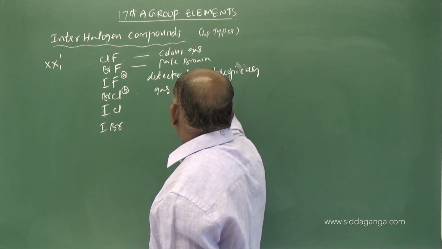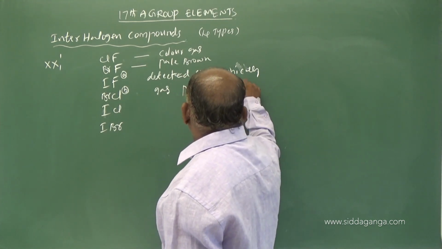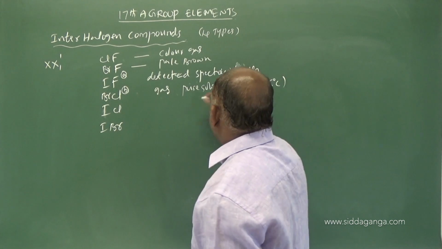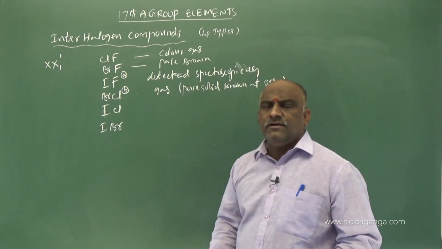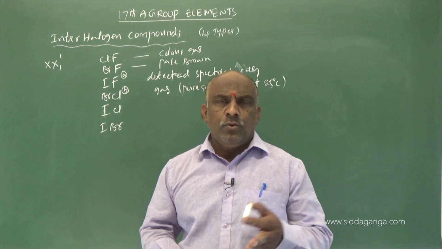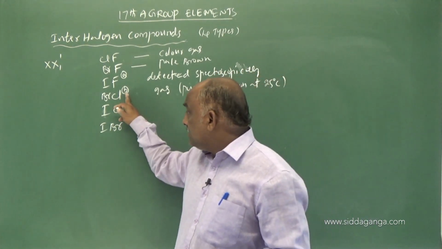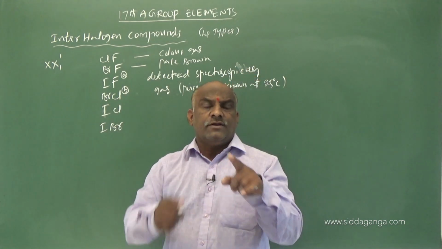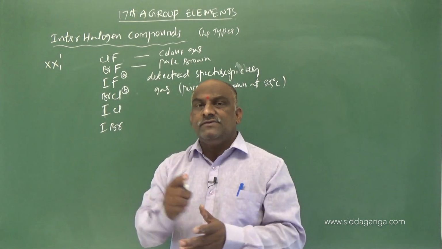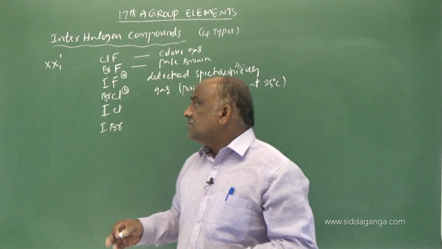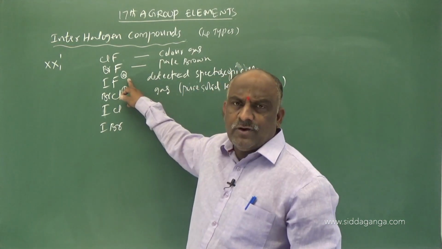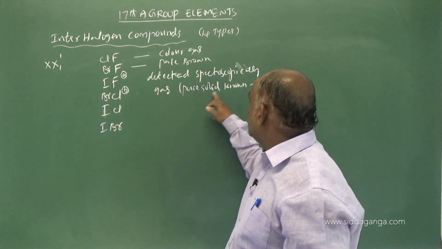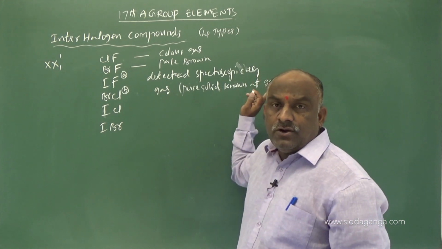Pure solid known at 25 degrees centigrade. 25 degrees centigrade means room temperature, 298 kelvins, right? That's why it was given a B in the textbook. In the textbook, after finishing the table, at the bottom A, B, C were given, what is A, what is B, what is C. So here A is unstable, it is not a stable form. It is detected spectroscopically, while BrCl is a gas, but a pure solid is known at 298 kelvins or 25 degrees centigrade.